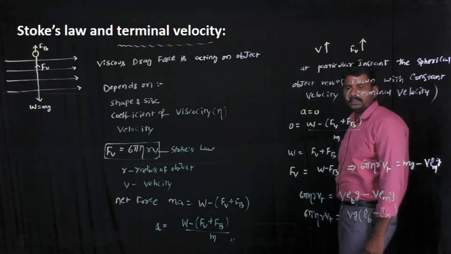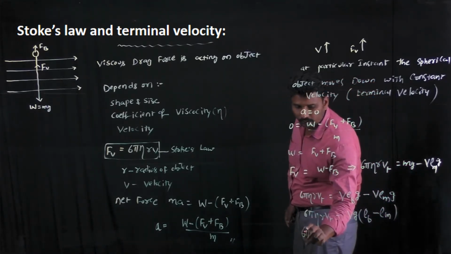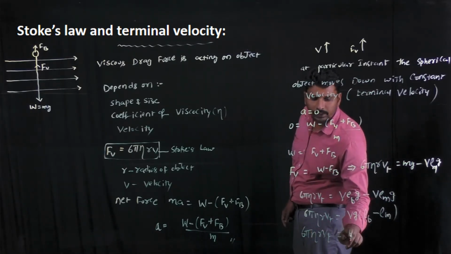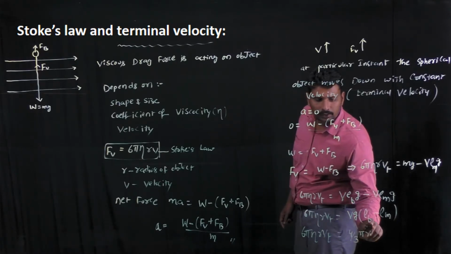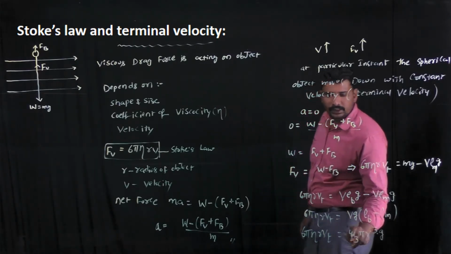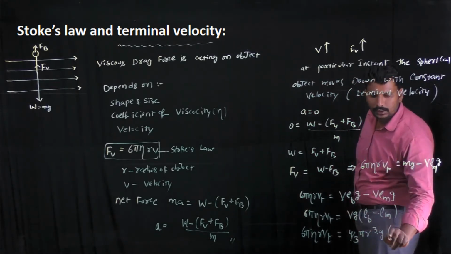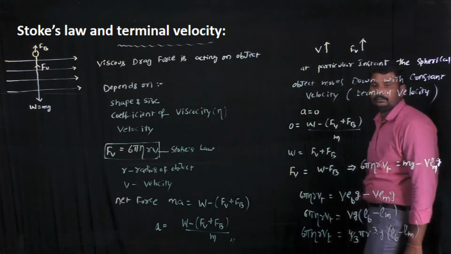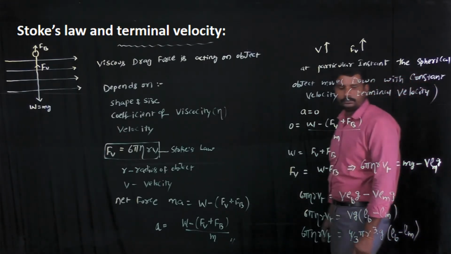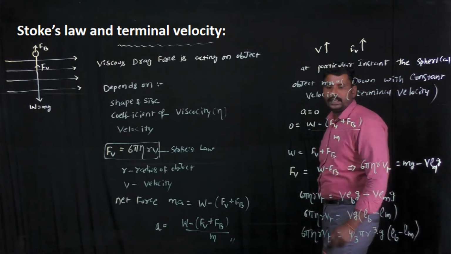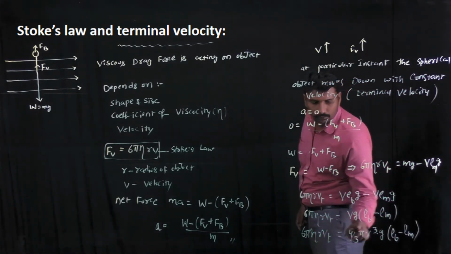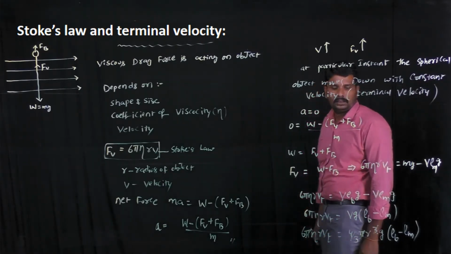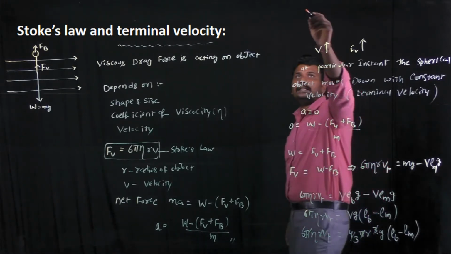By substituting the volume of a sphere, 4 by 3 pi r cube, into g, and density of the body minus density of the medium. On solving this, there is a common term pi on both sides which cancels, and cancelling r it became r square, and the expression for the terminal velocity is finally